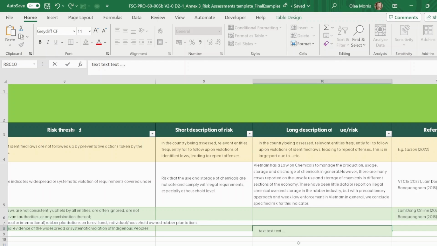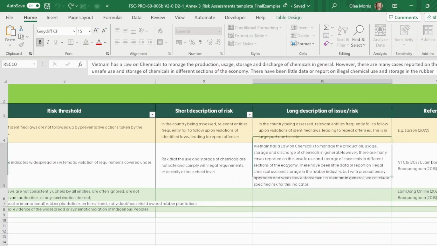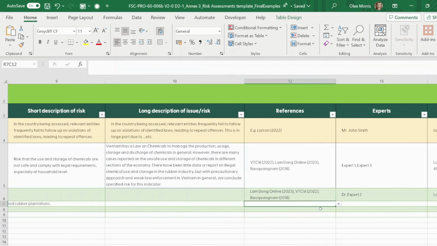Hopefully it's longer and more detailed than the example that I'm giving. Then I'll move over to the short description of risk and provide a 1 or 2 sentence summary of this longer description of risk that I have over here in this column. Finally, I'll go through and I'll say how I know that. Now, let's say that this is the most important resource for me. But it could be that the option for the reports and academic articles that I referenced isn't yet here in